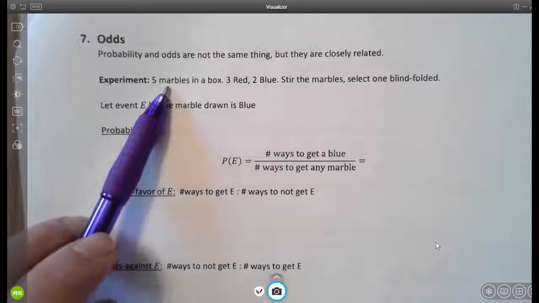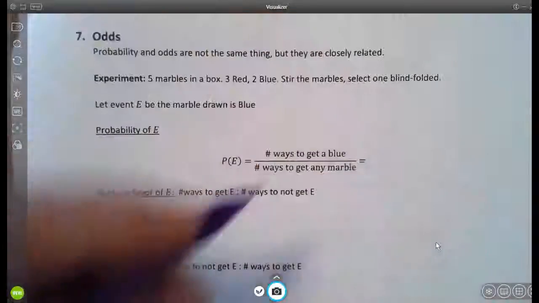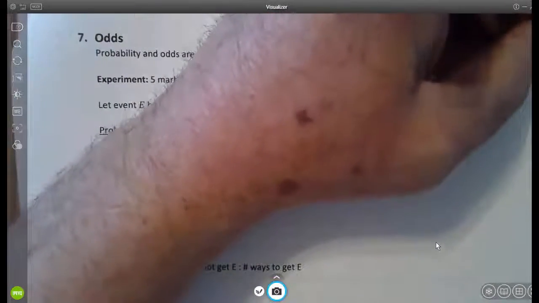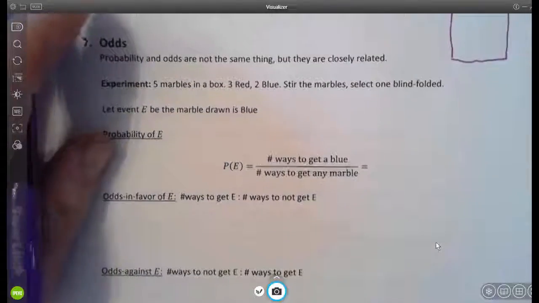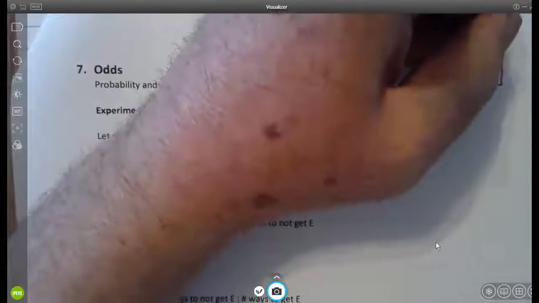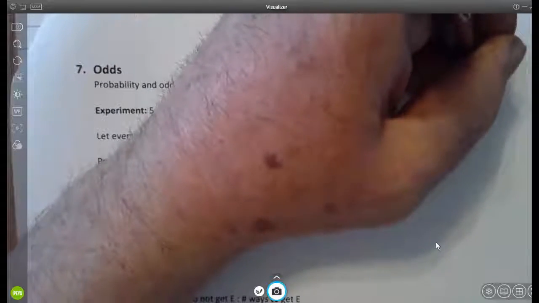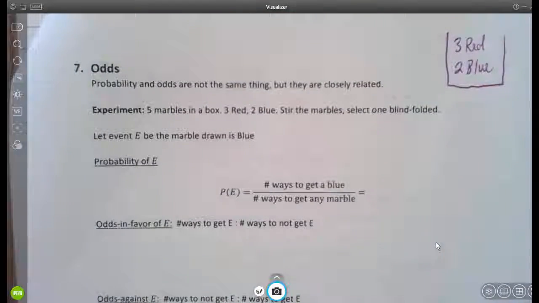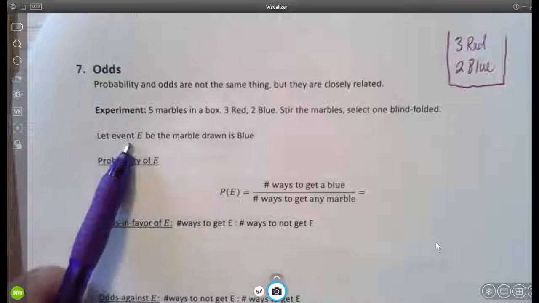We'll show how you might be able to do that. Let's suppose that we had 5 marbles in a box. 3 of them are red, 2 of them are blue. It sometimes helps me just to keep track of what I'm working with. I have a box here. I've got 3 reds and I've got 2 blues, and the idea is you mix those up and you draw one out at random without looking at it, and ask the question,